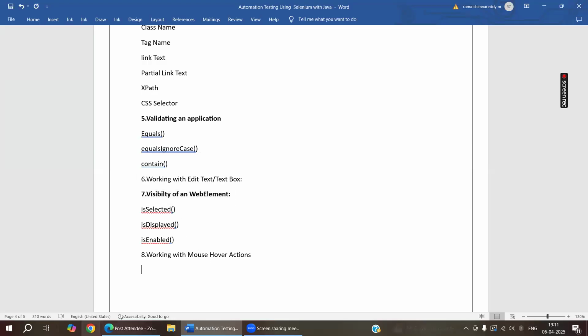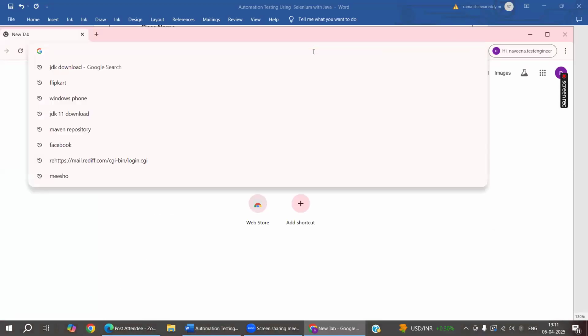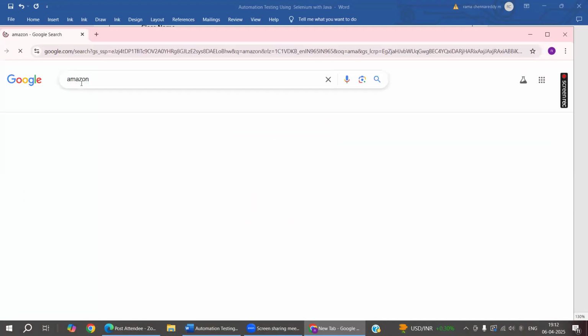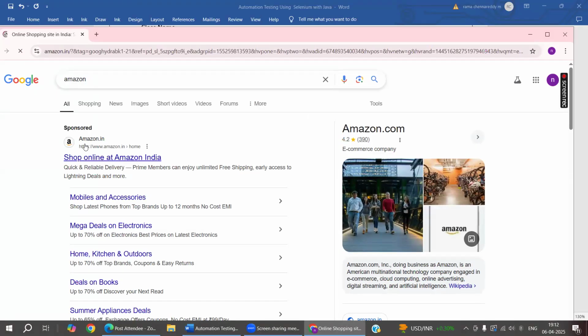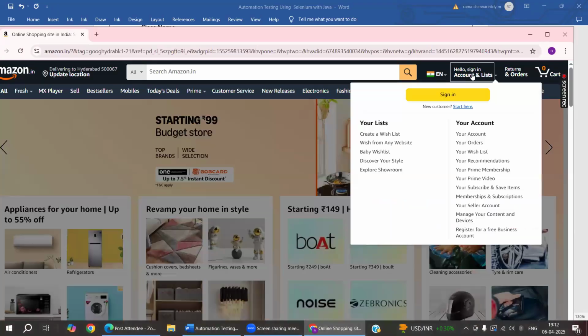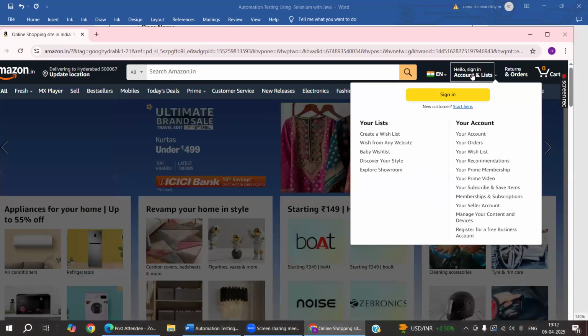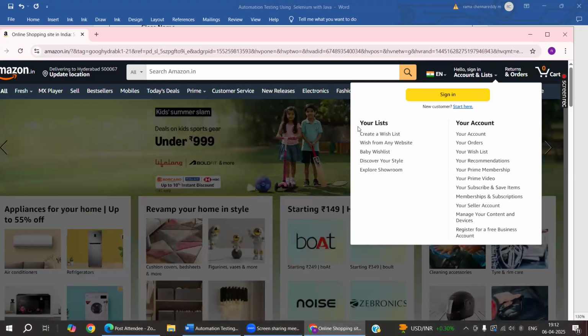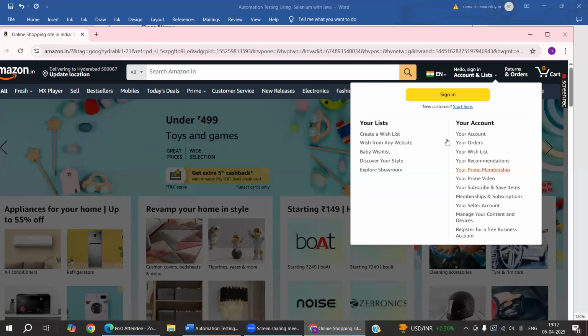Where you can see mouse over actions in the application. For example, I'm taking Amazon here. When I move my pointer to Hello Sign-in account and list, it will display some submodules, right? I'm not performing any click operation, just moving my pointer to Hello Sign-in account, and it displays some submodules. This is the main module, and inside this main module we have